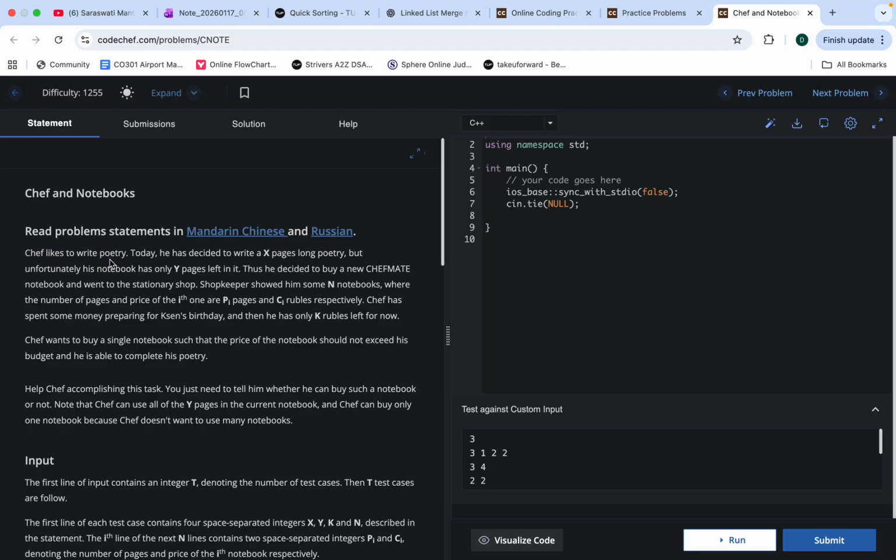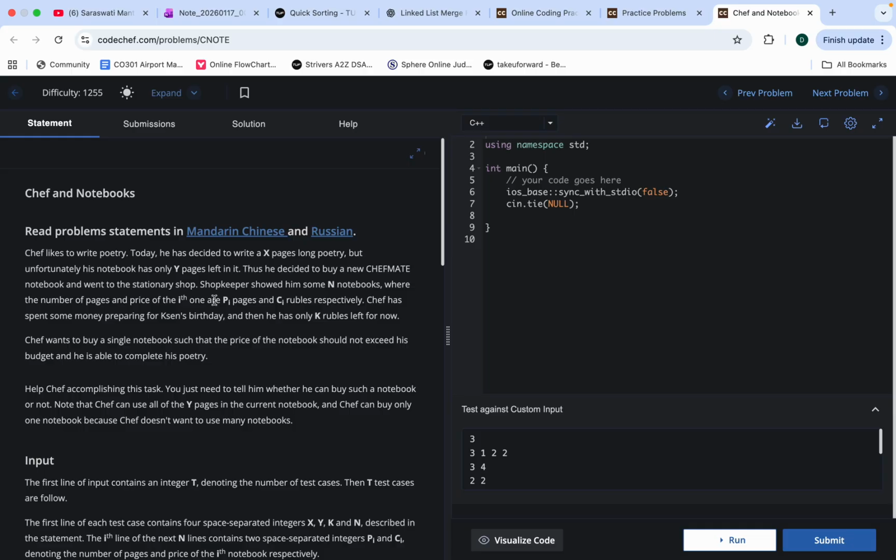The question says that Chef likes to write poetry. Today he decided to write X pages long poetry. But the thing is that he has a notebook and he wants to write this poetry in that notebook, but it has only 5 pages left in it. So to write the whole poetry, he wants to buy a new Chef-made notebook, and therefore he goes to